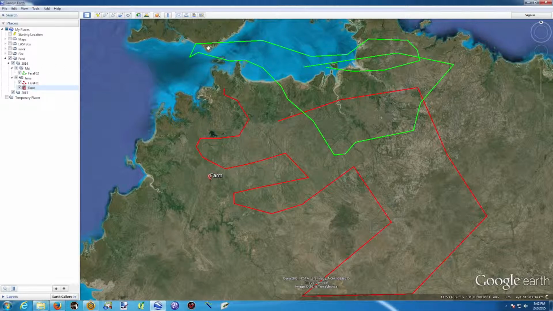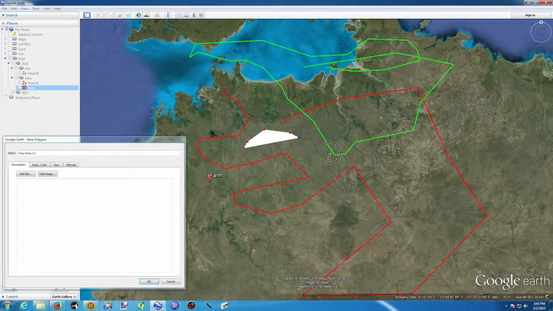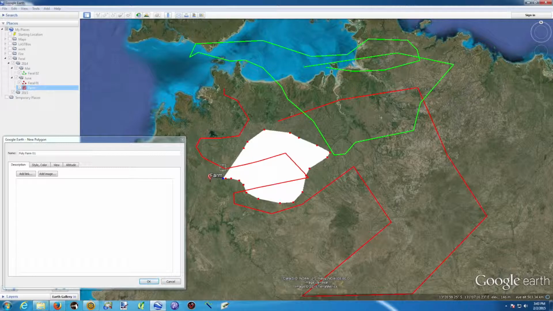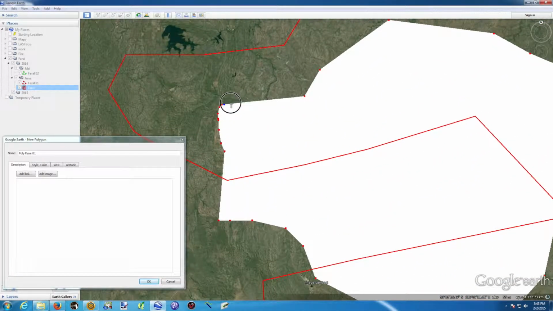I can also create a polygon. So I'm going to go to polygon. I'm in June, so I know that it will come to June. And I will click on polygon, add a polygon. Same story, give me a name. I'm going to change this, and I'm going to call it Poly Farm 01. And I'm simply going to draw my polygon there. I can zoom also if I want to go a bit better. Keep doing my polygon,